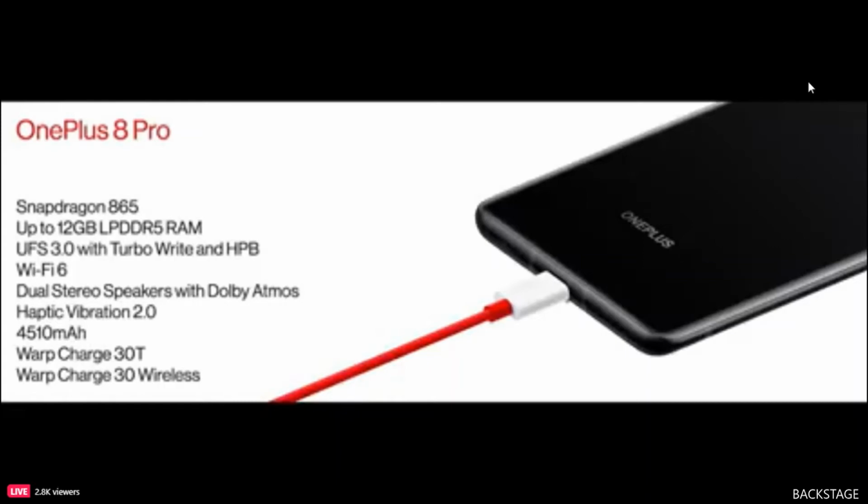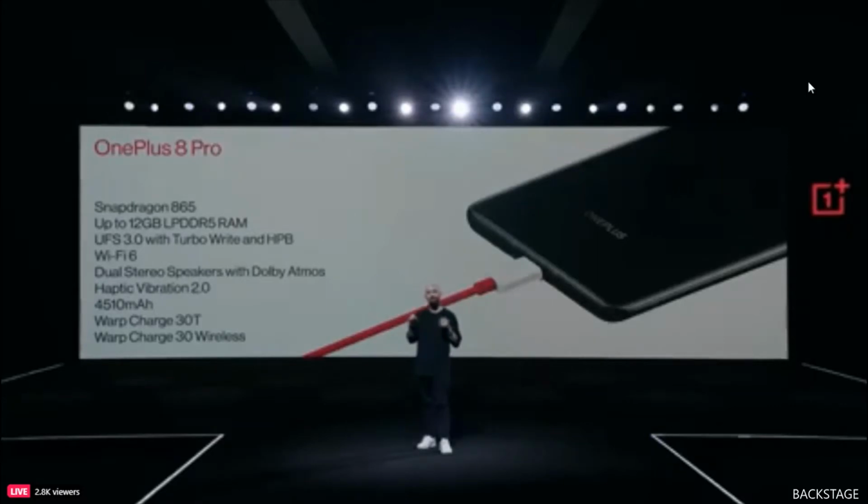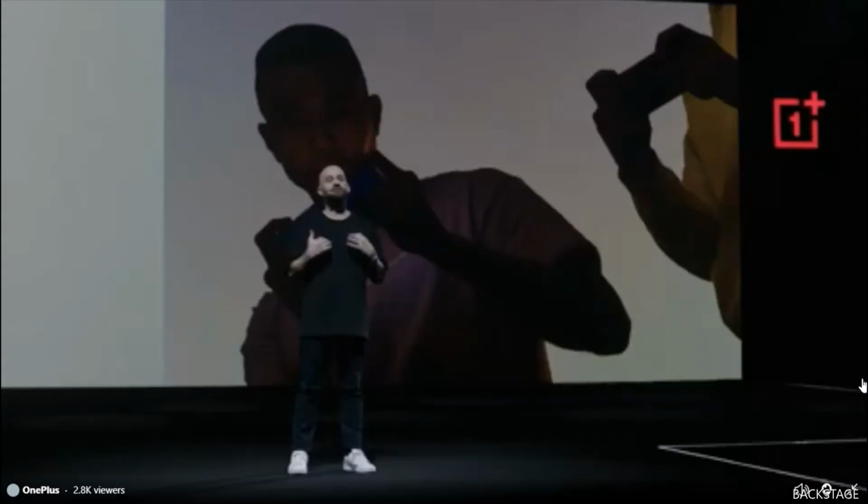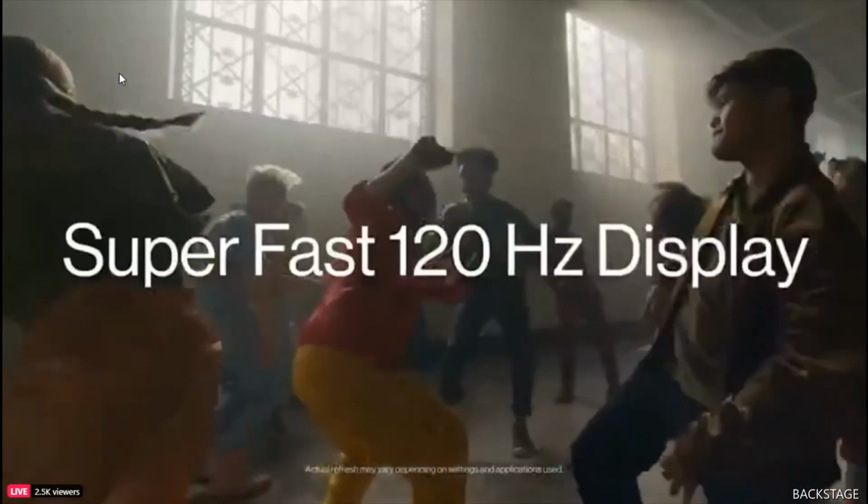And because the OnePlus 8 series is leading with speed, we've equipped the OnePlus 8 Pro with Wi-Fi 6. That gives you 40% faster peak internet speed, and is 4 times faster in crowded areas. Now with top-of-the-line specs and an immersive 120 Hz fluid display, we believe the OnePlus 8 Pro is